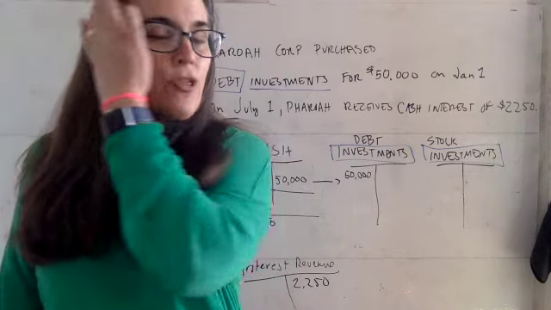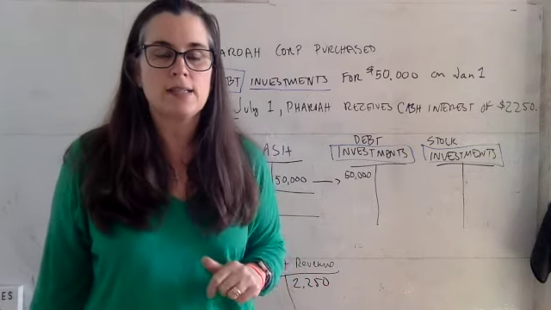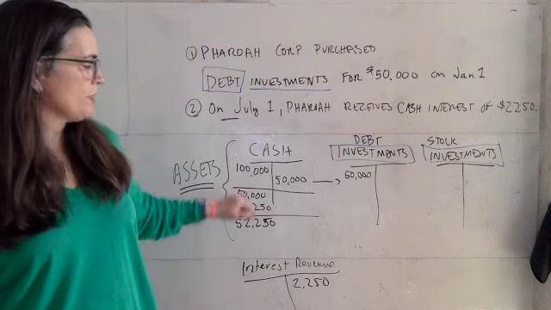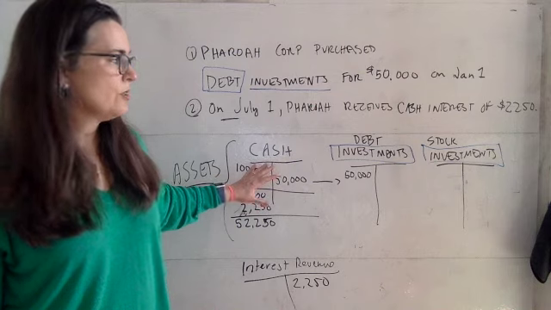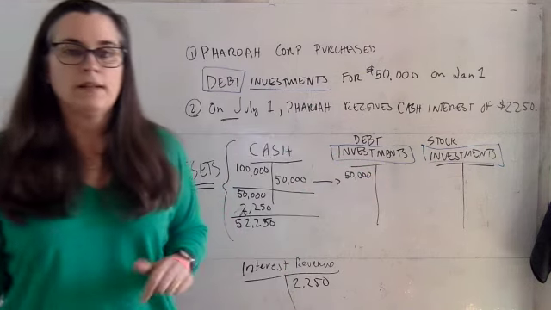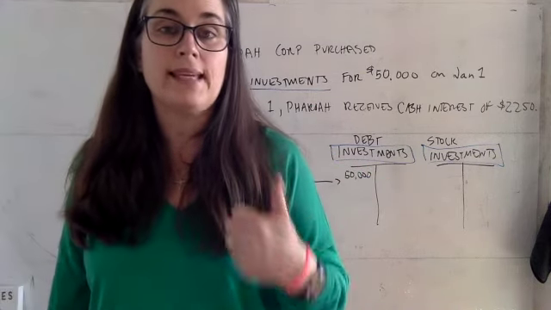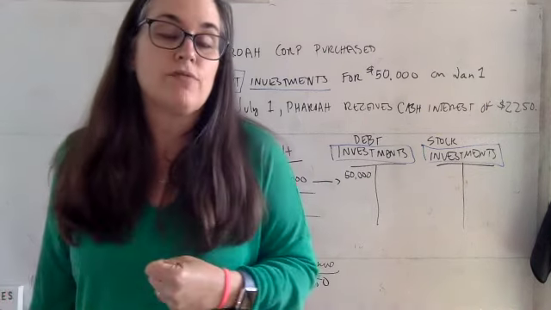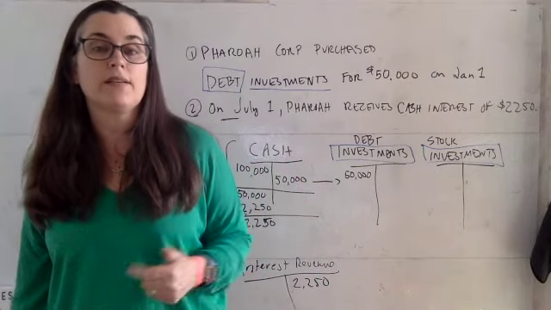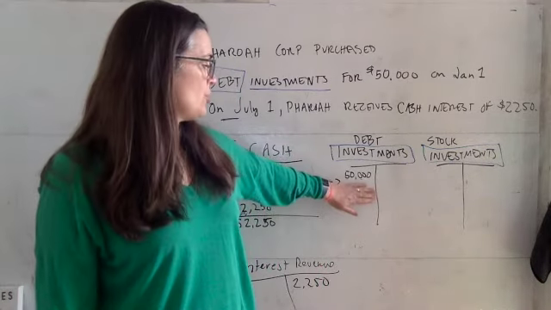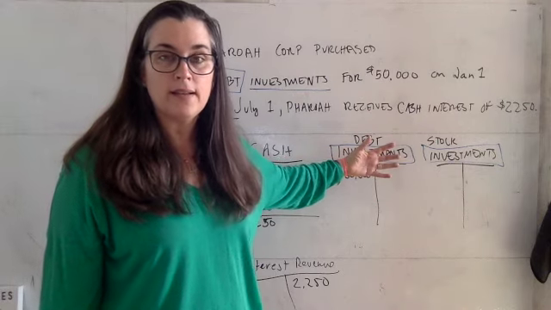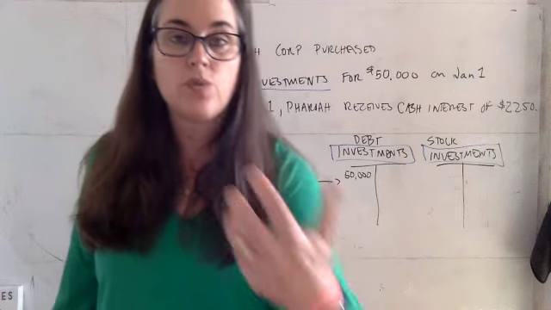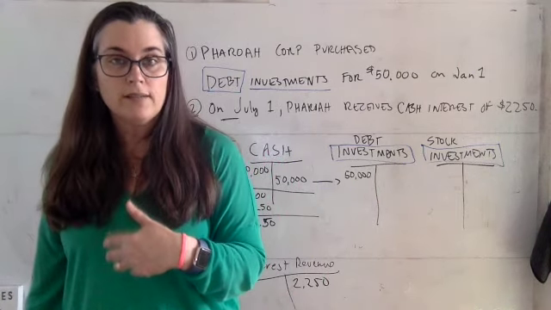Now, in problem number 2 in this chapter, you're asked to contemplate an investment in a stock. It's going to be a similar example where you have cash that is moved into a stock investment. And in that case, you're asked to contemplate the gain when you sell the stock later on. So I'm going to tell you right now, you're going to have a gain on the sale of a stock investment. That's if you took your initial investment and then sold it and received the cash in exchange. What you paid for it versus what you received when you sold it, the difference will be your gain.